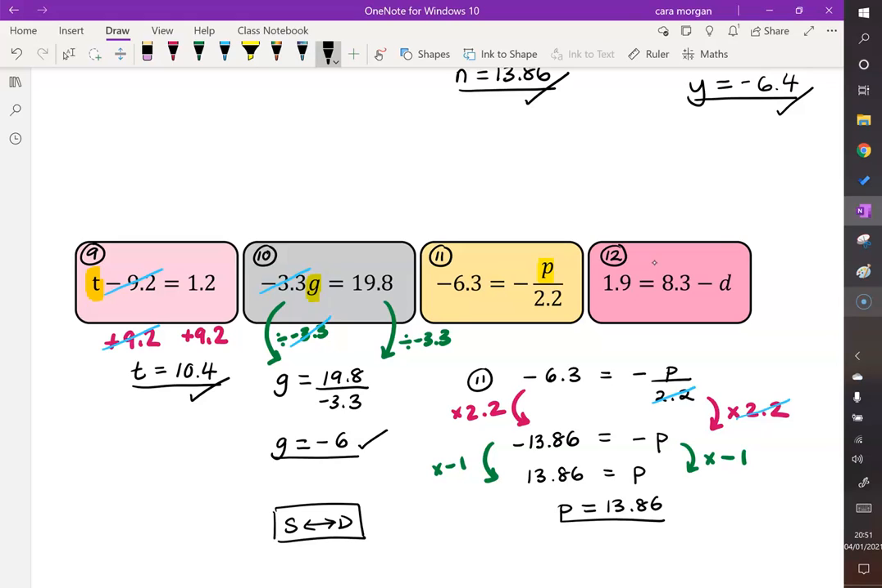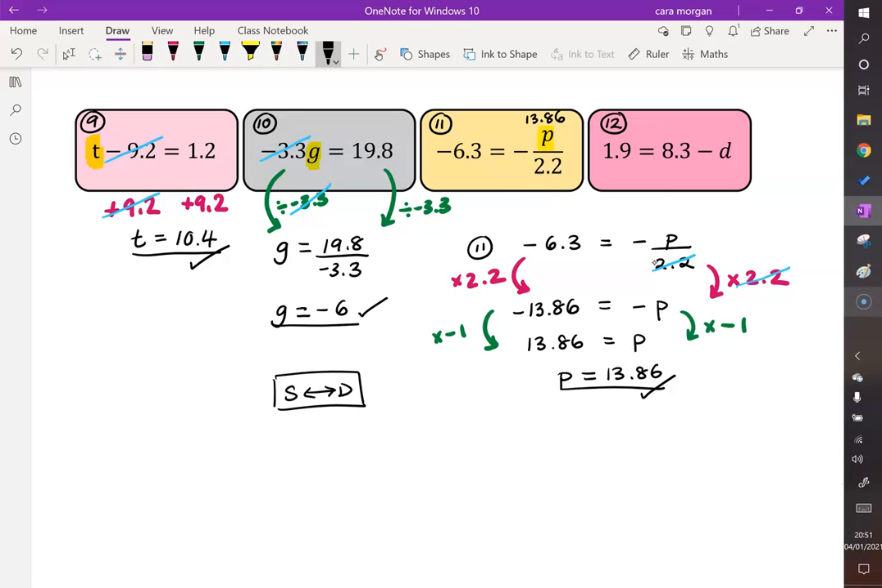If I were to check that, I would substitute 13.86 into the right hand side and I would do the negative of 13.86 divided by 2.2, and I actually do get the answer negative 6.3 when I type that into my calculator. Number 12, I'm just going to write that down here, says that 1.9 is equal to 8.3 subtract